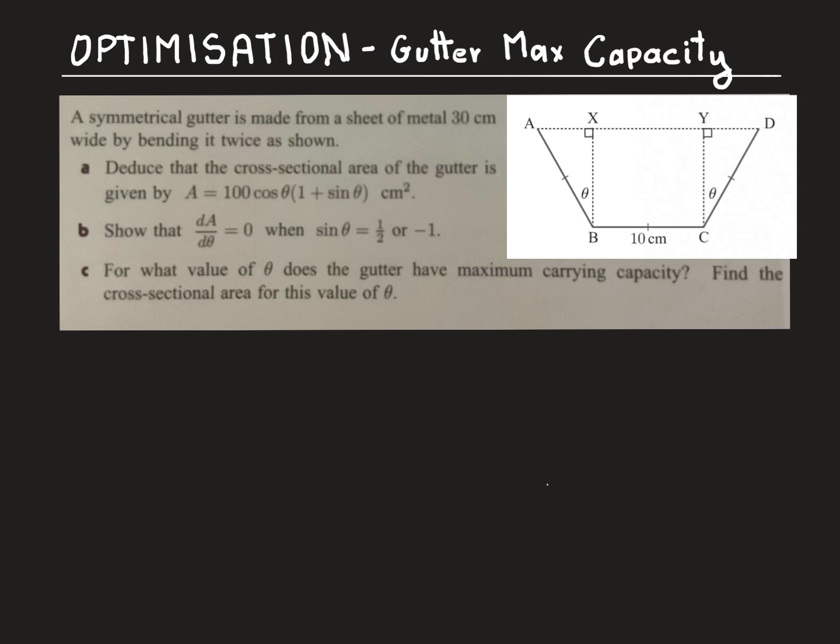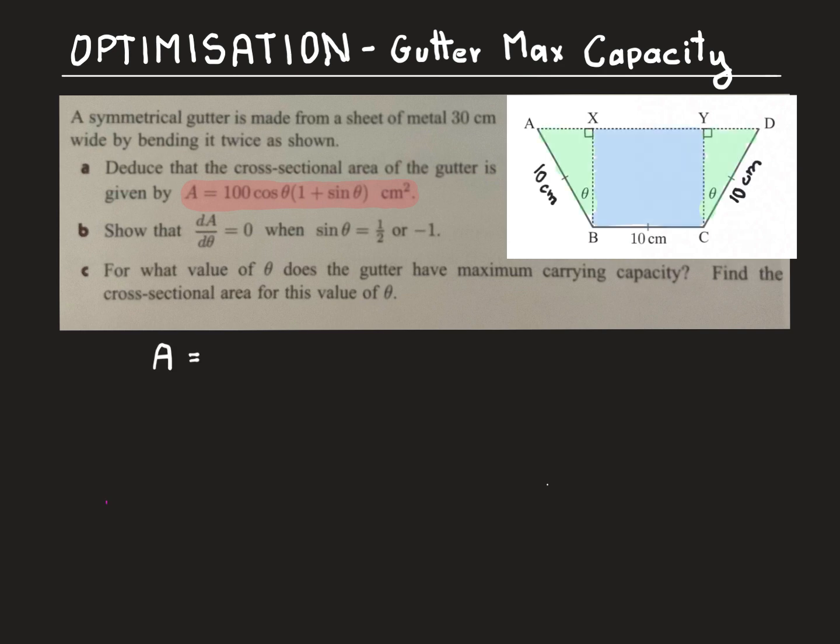This optimization problem uses trigonometry and so requires a bit of cosine and sine knowledge. Firstly, we need to deduce that the cross-sectional area of the gutter is such. So what we'll do is we'll divide that gutter into sections. Firstly, the rectangular section, which is going to be in blue, and the other two identical sections, which I highlighted